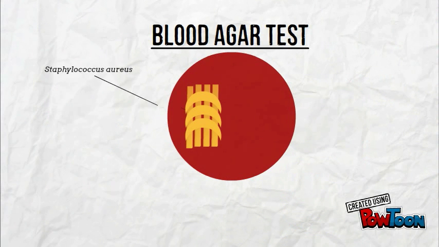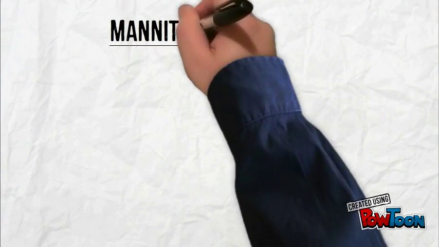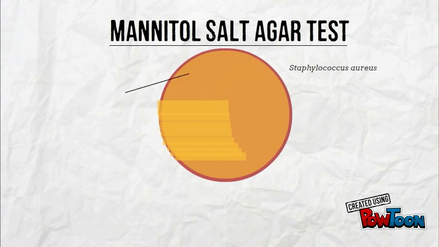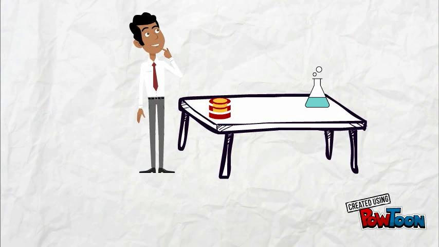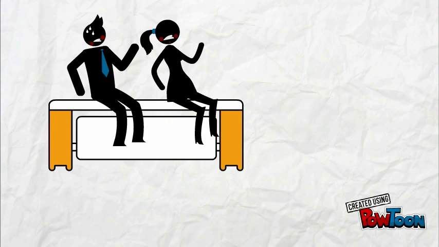Blood agar tests can detect Staphylococcus aureus when its growth of colonies on an agar plate destroys surrounding erythrocytes. Mannitol salt agar tests detect Staphylococcus aureus when the bacteria survives high concentrations of salts and ferments mannitol into a yellow acidic product. After the doctor reviewed the results of the test, the doctor came back to talk to Bob